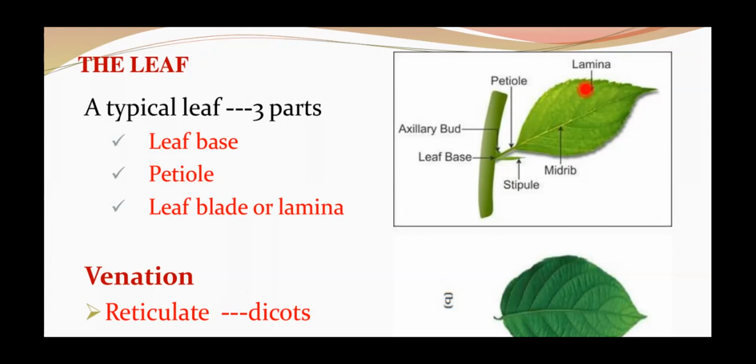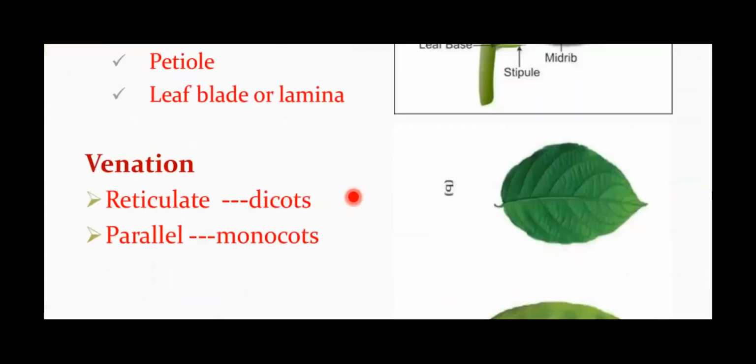The most important part is the lamina or the leaf blade, which is the expanded part designed to carry out photosynthesis, which is supplemented with veins and veinlets here. A prominent vein, which is known as the midrib, will be present here. These veins will provide rigidity to the leaf blade, and they act as transport channels for the transport of water, minerals, etc.